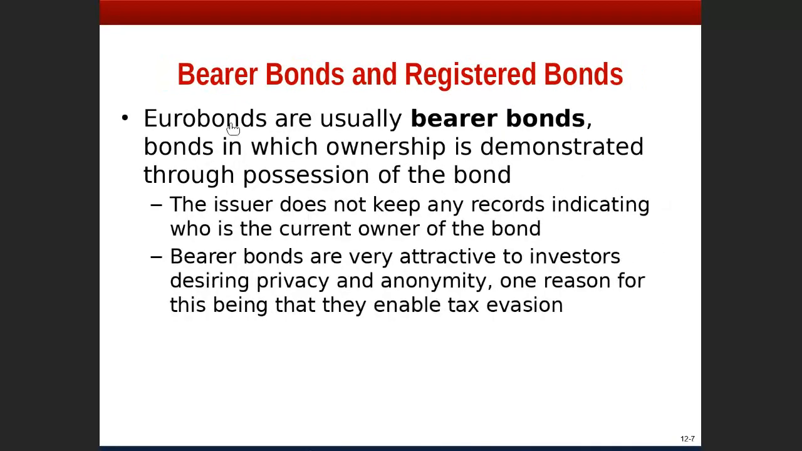Now we distinguish between bearer and registered bonds. Euro bonds are usually bearer bonds, bonds in which ownership is demonstrated through possession of the bond. You have to have physical possession of the bond. That's why it is referred to as a bearer bond. The issuer of the bonds does not keep any record